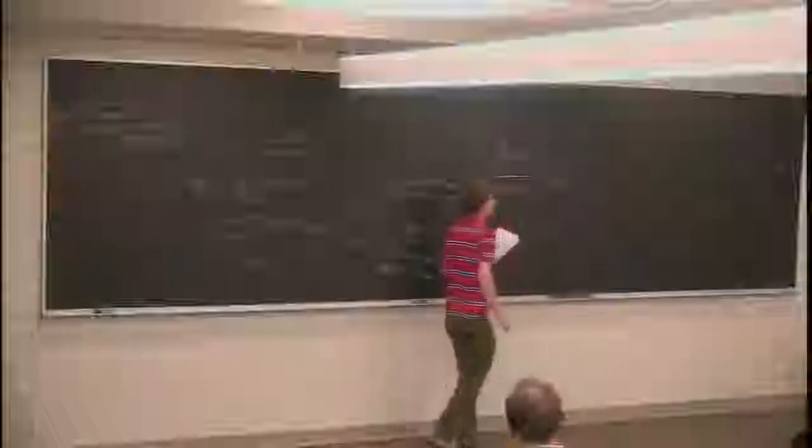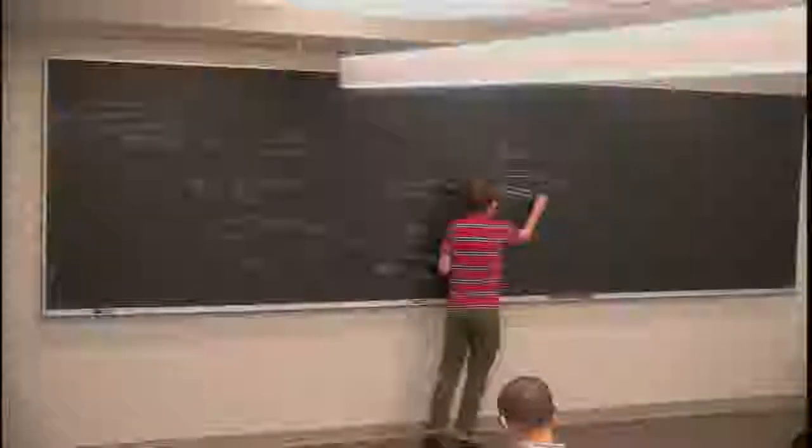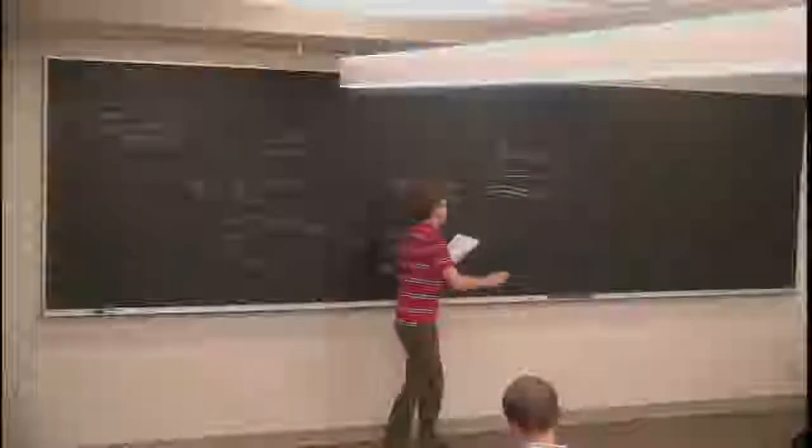So if you have some free-fermion Hamiltonian H, let's assume that's translation invariant, so there's a momentum. And then we can draw bands as a function of momentum. And so the negative energy states are going to be filled at 0 temperature, and the positive energy states are empty. And we say that the system is gapped if there is a finite energy window that separates the empty states from the filled states.